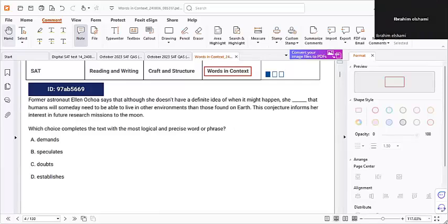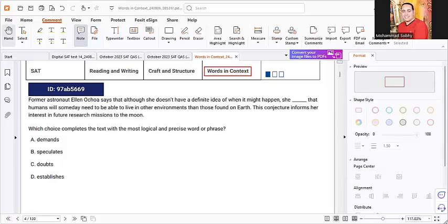I think demand. Demands. Why do you think it's demand? Okay, let's ask Abdurrahman. Can you help Ibrahim? I think it's C, doubts. Like she's saying that this thing will someday happen. So that's her doubt. So number one, demand, meaning she's asking for this thing. And C, doubts, she's not sure about this. Will it happen or not, right? Let's ask the girls.